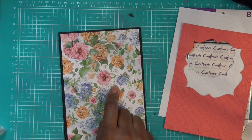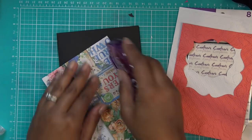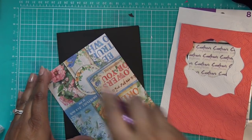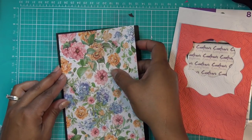This paper is so pretty, my goodness. I would buy more of that just for that one piece, but I don't remember it being inexpensive. I don't think they're too expensive, but you only get 1 sheet of each one. So that's kind of a bummer. Oh my goodness, I need this to be perfectly...